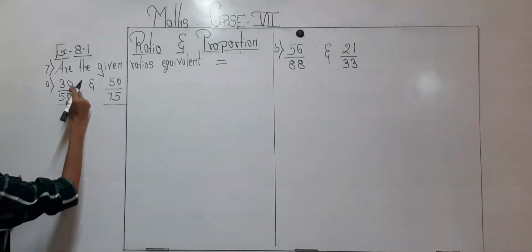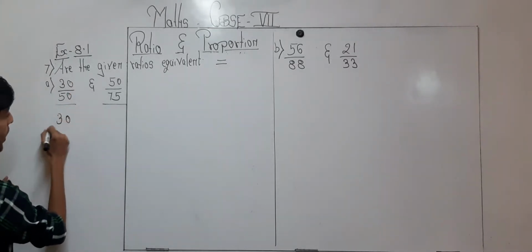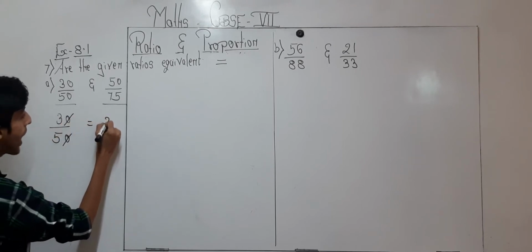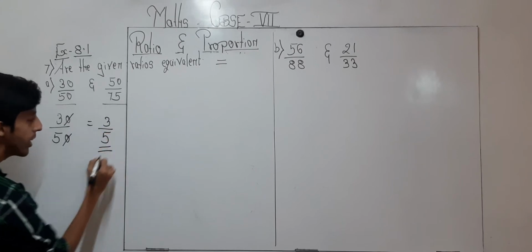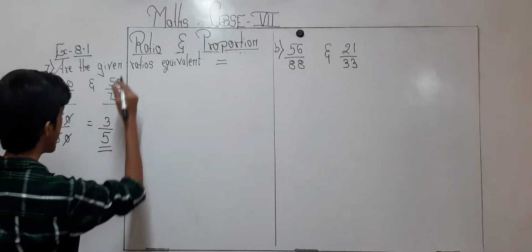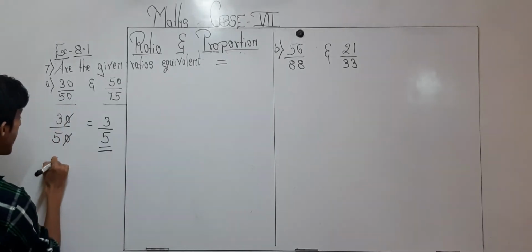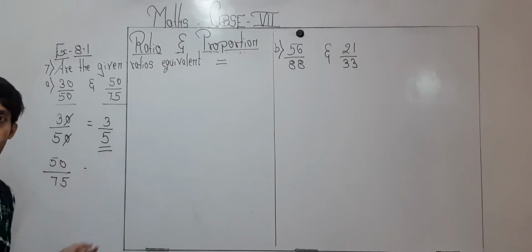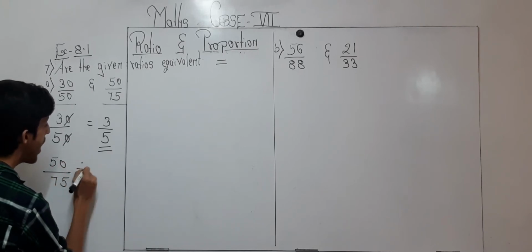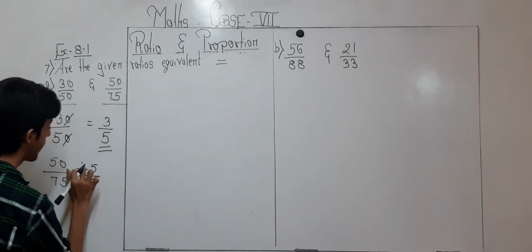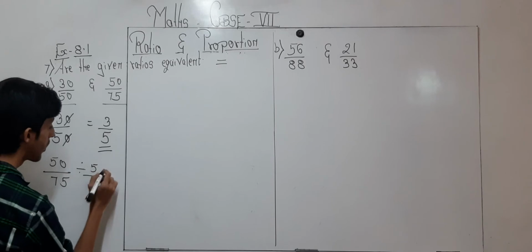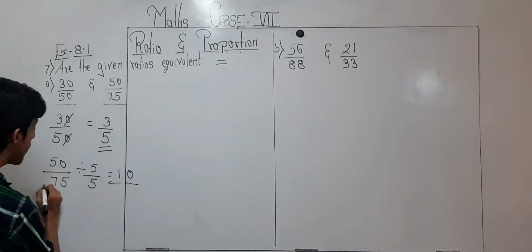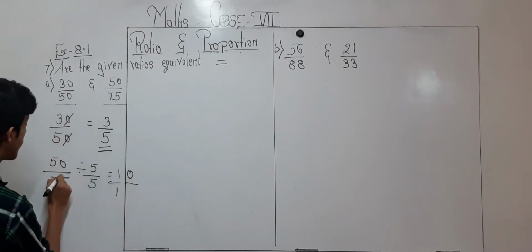Okay. Now 30 upon 50, we will be taking one number each. 30 upon 50. Now if I am cutting 0 over here, what number will I get? 3 upon 5. One number which I will get, that is my 3 upon 5. Now what is my other number? 50 upon 75. Now 0 and 5 are coming in whose table? That is table 5. So divided by 5. Okay. Now in the 5 table where 50 is coming, that is 10, upon, in the 5 table where 75 is coming, 5 1 is 5, remaining is 2, 5 5 is